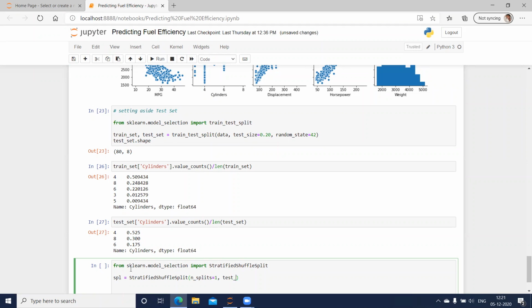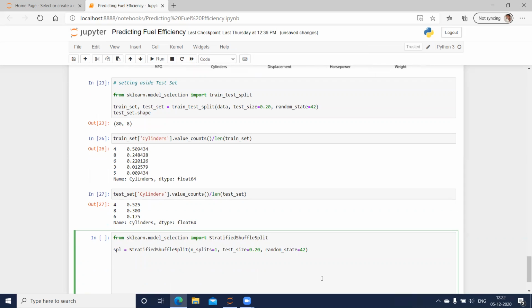The test size, I'll keep it as 0.2, that is 20%. Or you can give 0.20 as well, or .2 will also do, comma. Now, again, remember a random state equal to 42, that is again important here. So random_state equal to 42. Okay. Now, once we do this, we are going to get